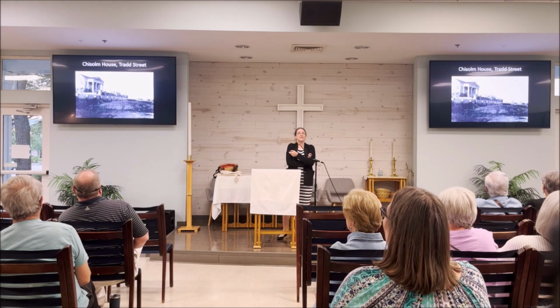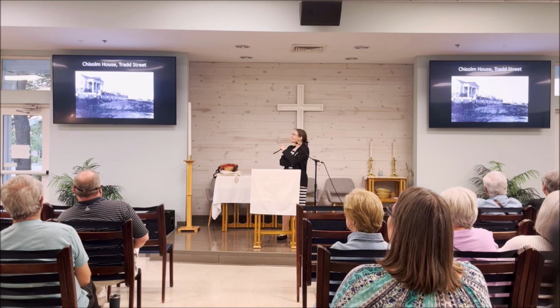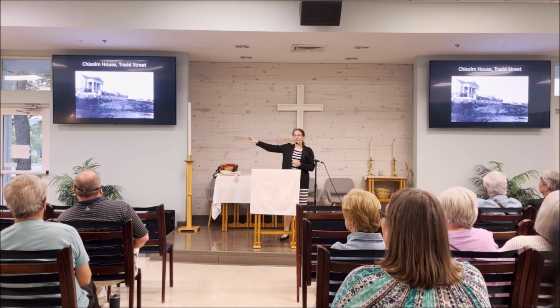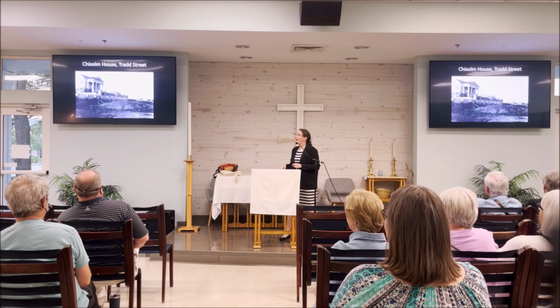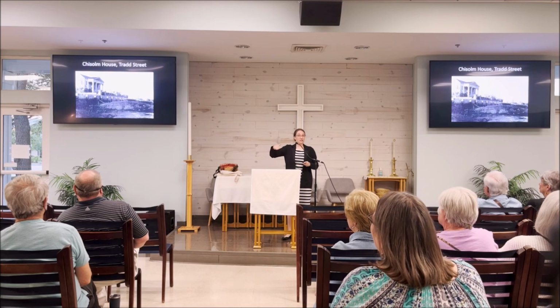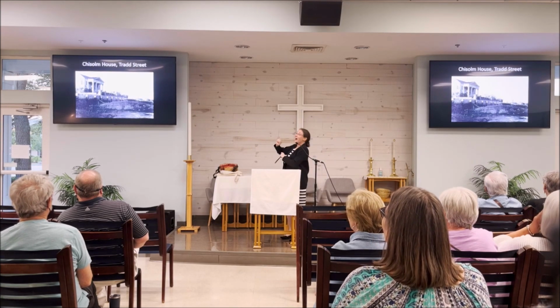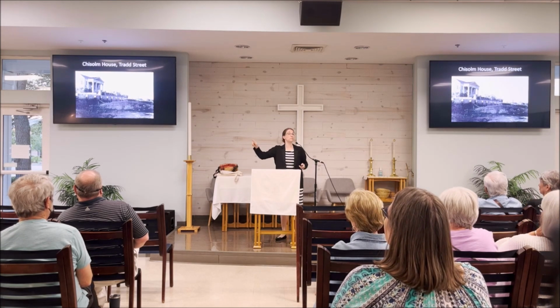This is a fun one, Chisholm House. So this is a Library of Congress photo, 1865. So that is a Confederate submersible, like little David, sitting. It's not the Hunley, it's similar to the Hunley. Basically beached, and you just gotta wait for high tide so that you can drag it out and get back in it. So that house, Chisholm House, was owned by the Chisholm family, who owned the rice mill right next